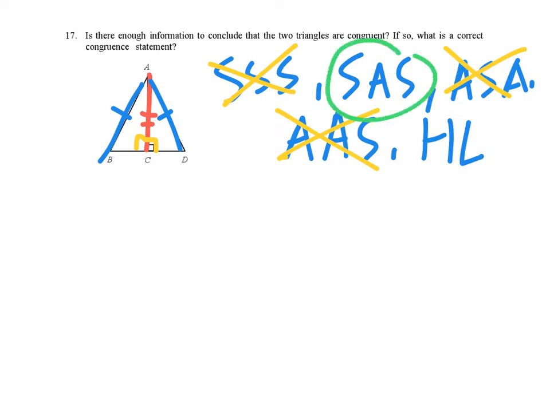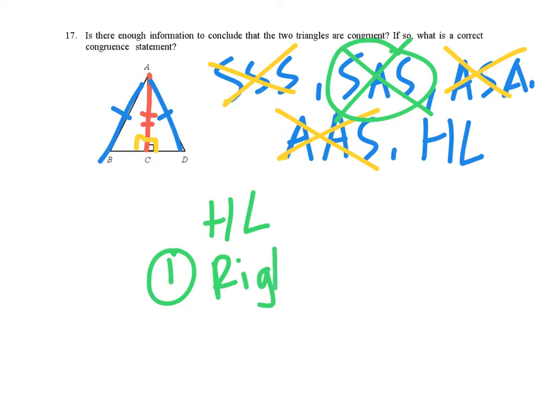Now for side angle side, we need our angle to be in between our two sides. My yellow angle does not touch my blue and my red side, so side angle side is out. My last option is HL. For HL, you need three things. Your first one, you need a right angle, which we have. Check. The second one, you need the hypotenuse to be congruent,